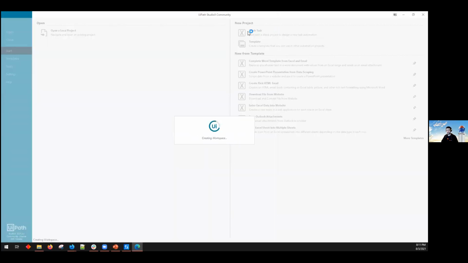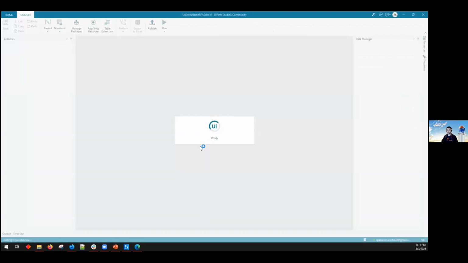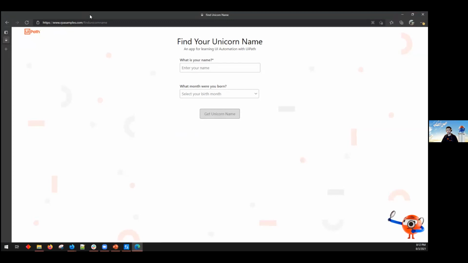Again, the first time that you hit blank task or any other template task after installation, it's probably gonna take a little bit of time, but here it's telling everything that it's doing. Just make sure that these messages are changing. Okay, so I'm gonna use Microsoft Edge.